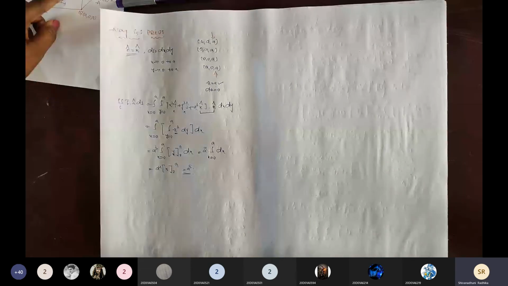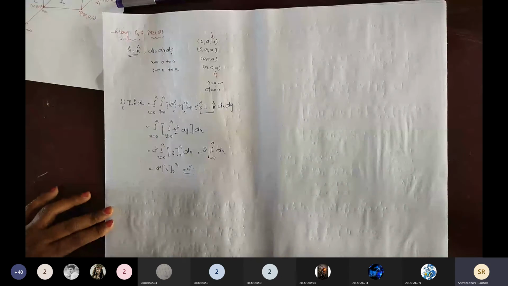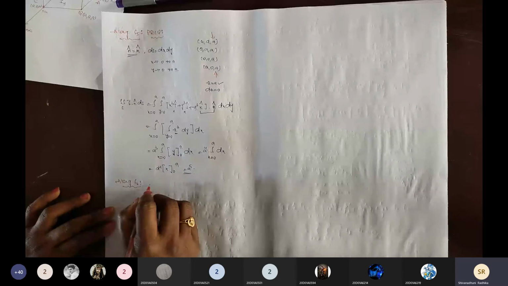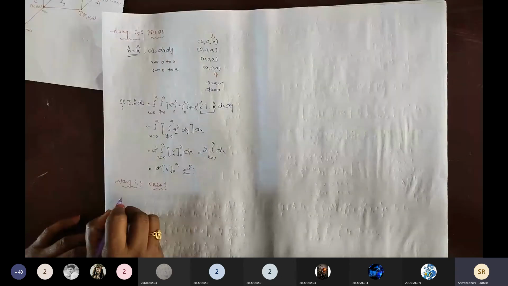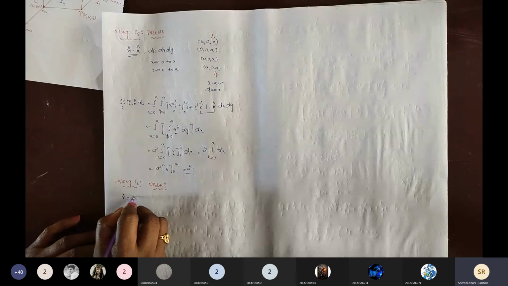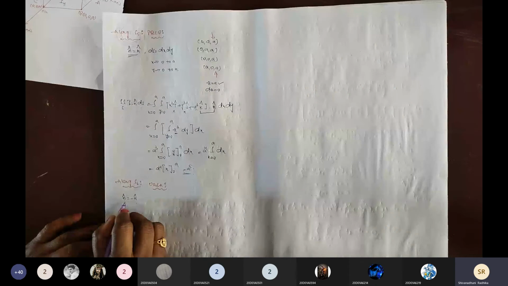Similarly, we go on to find S6, that is OASB, or OB, SA. Okay now, along S6. What is S6 here? OBSA. The unit outward drawn normal vector n cap equals minus k cap, because S6 is the projection of S5. So n cap equals minus k cap. What is ds here? Same as before, it is dx dy.